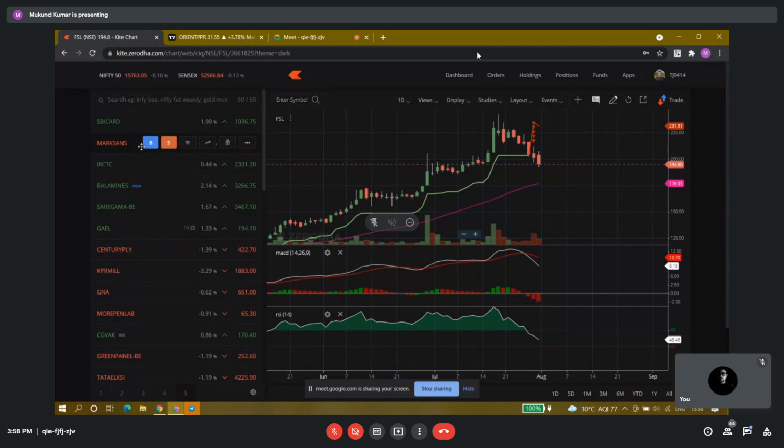For example, this is the result season. I will keep adding all those stocks which are performing well, which are giving a very good result. So I basically focus on all those stocks which are continuously growing, which are continuously giving good profit, which are continuously growing their sales. So I generally follow those stocks which have a growth story. Those stocks generally tend to perform better than those which are not giving a very good result.